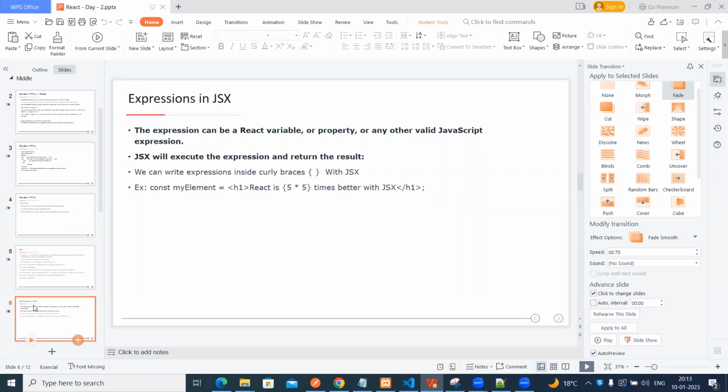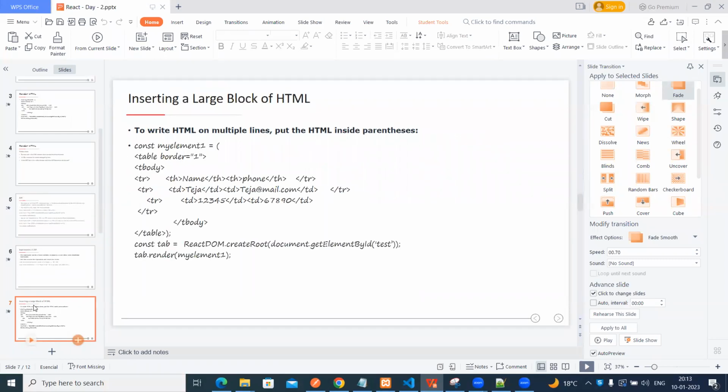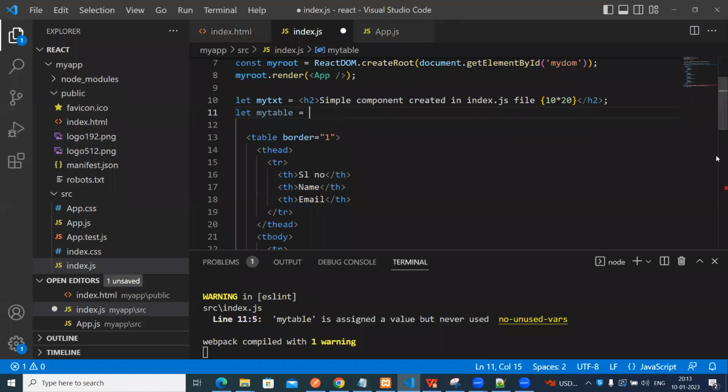Okay, clear. So the next one is inserting a large block of code. We already inserted this large block of code, right? To write the HTML in multiple lines, put the HTML inside of parenthesis. For suppose if you want to write a single line,